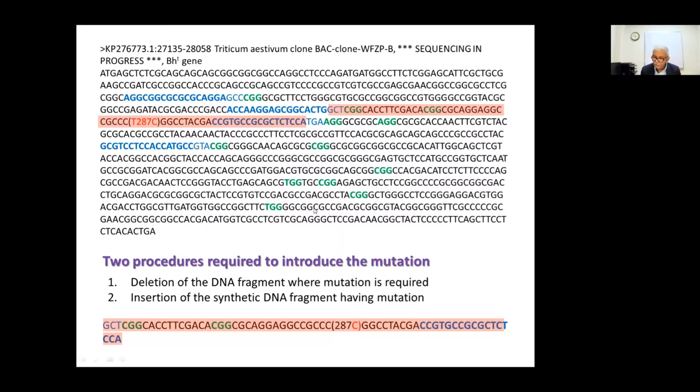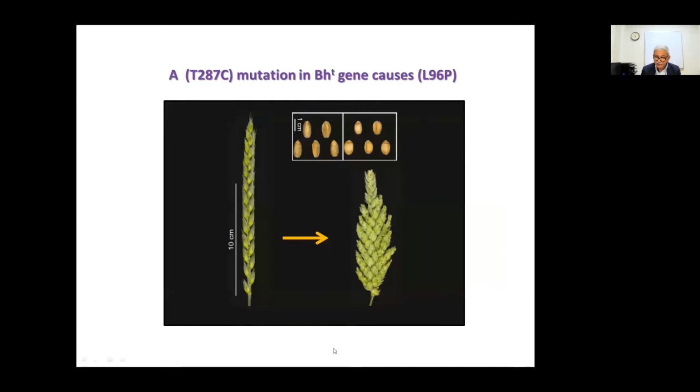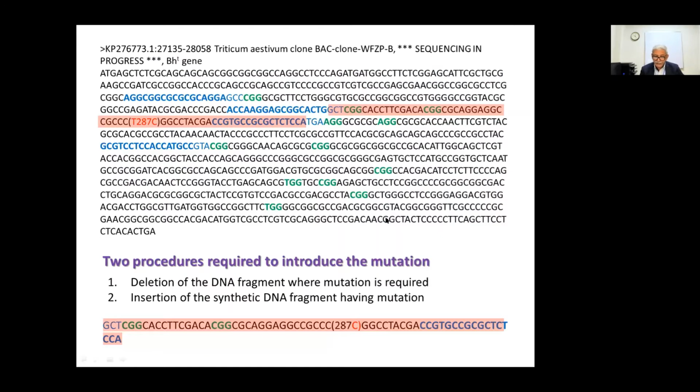One changed amino acid causes this protein to cause these branches. Okay. So now I will ask the students that if you are required to change this nucleotide from T to C,